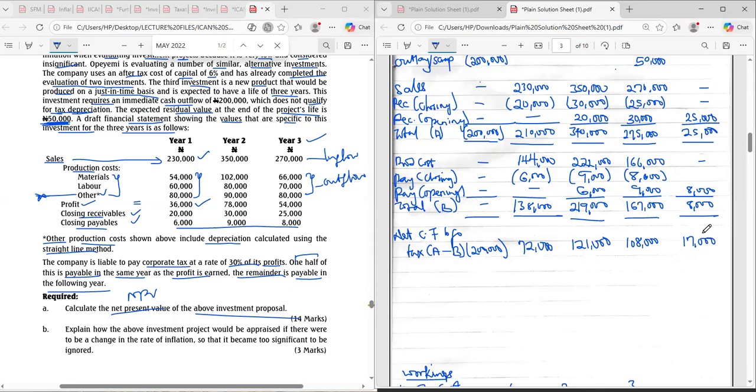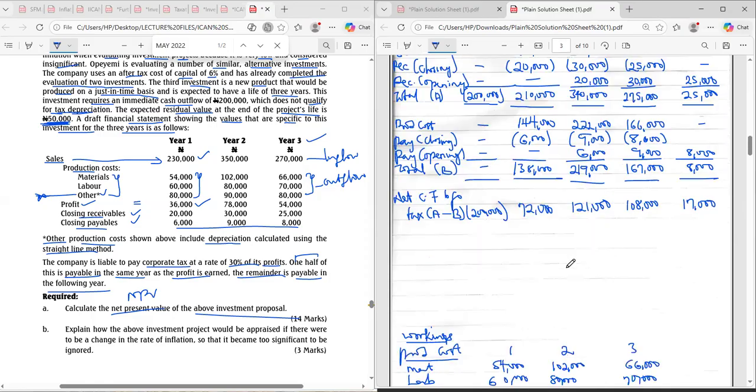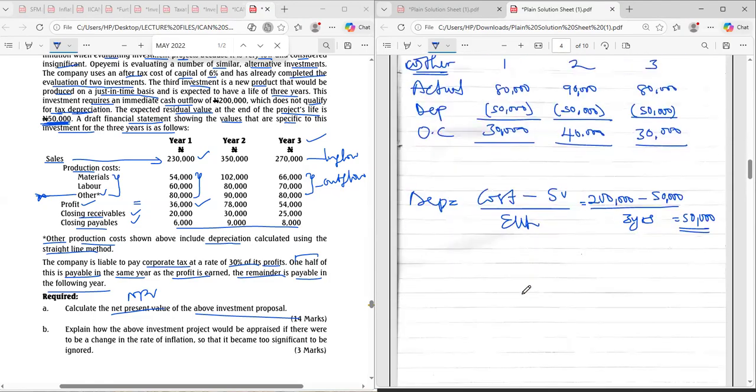Now let's apply our tax, Abi. What did I tell you that we do when we're calculating tax? You apply it on what? Profit. Good. So let's come down and calculate our tax. So tax. So year one, Abi. Year two, year three, year four. Abi? Sorry, sir. Hello, sir.